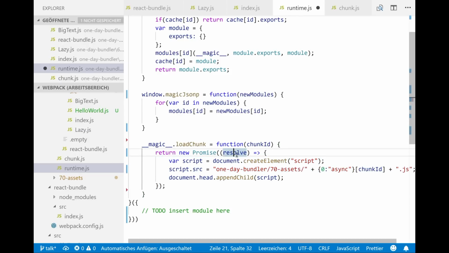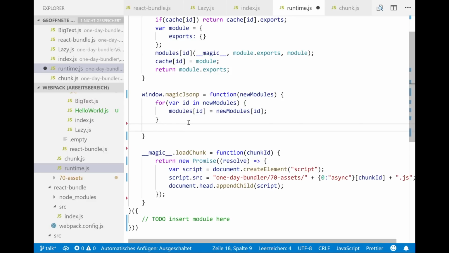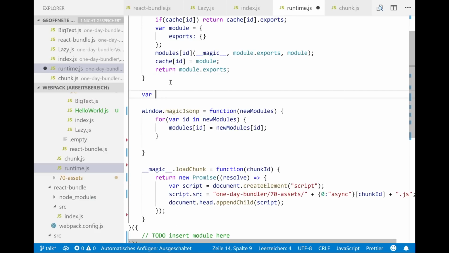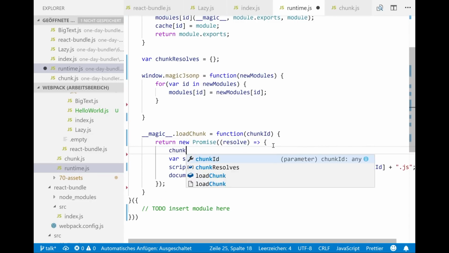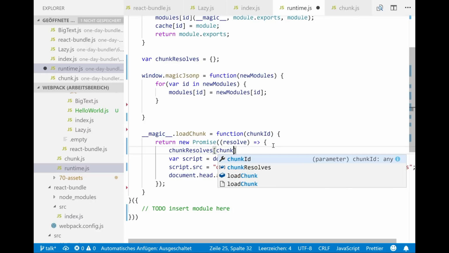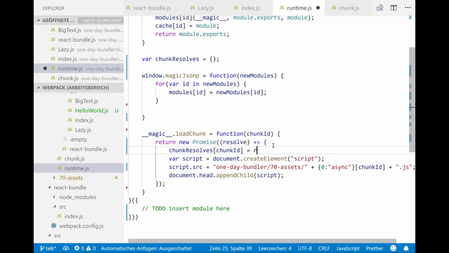Okay, how to resolve this? We need to call this resolve module at this JSONP, and we need to store it somewhere. So we will take one and call it chunk resolve. And it's also an object. Cool. And chunk resolve, store this function at this point.